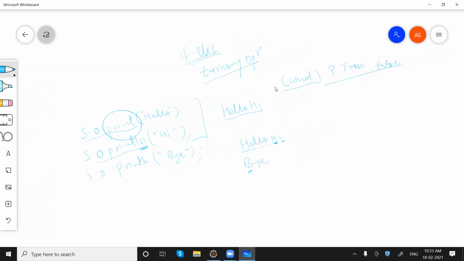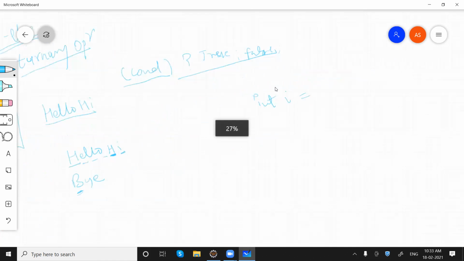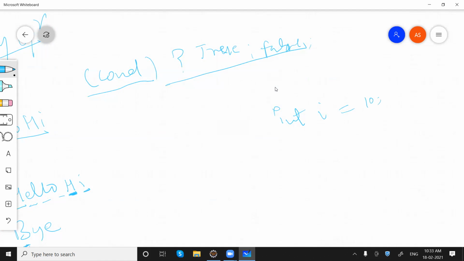So how it works basically, for example, I have int i equals 10, int j equals 20. When I say condition, that means it should be a boolean expression that evaluates to a boolean, right? So we have i and j. What I'm doing is I'm saying if i is greater than j,